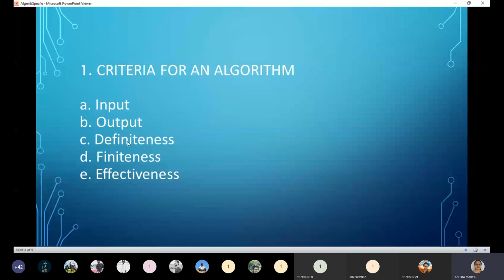So that is definiteness. Finiteness means a fixed number of statements, finite, countable. Definite means clear and unambiguous. The number of statements and their contents should be clearly given, with no confusion at all. Clearly, without confusion, you are going to write the algorithm.